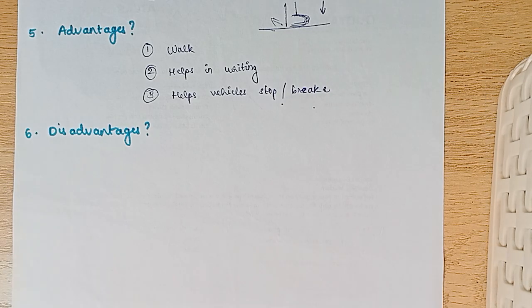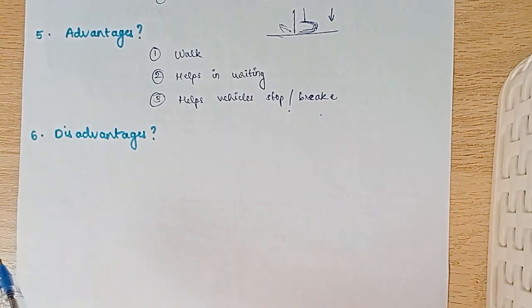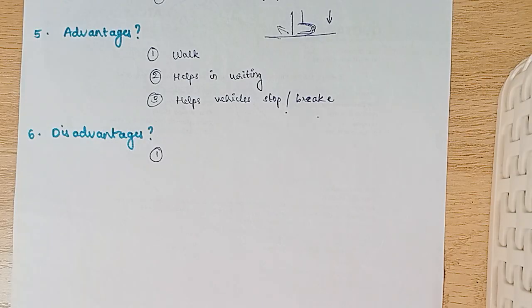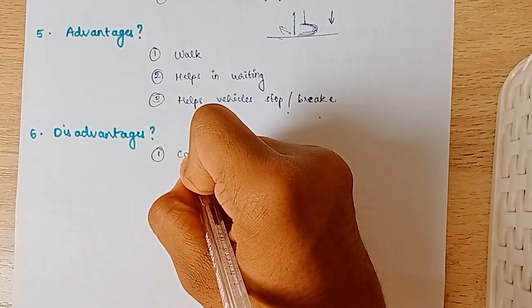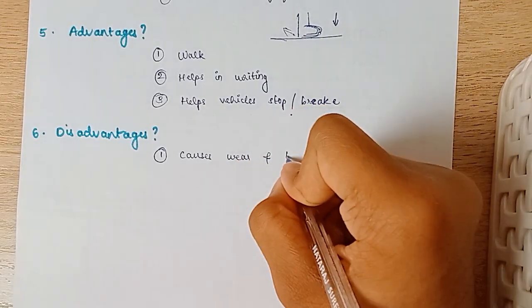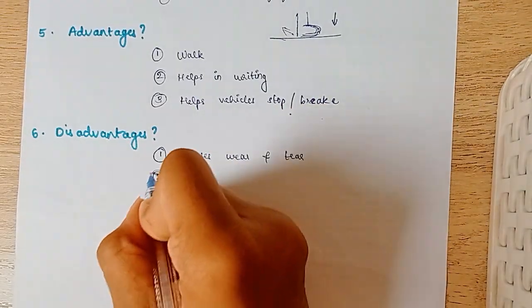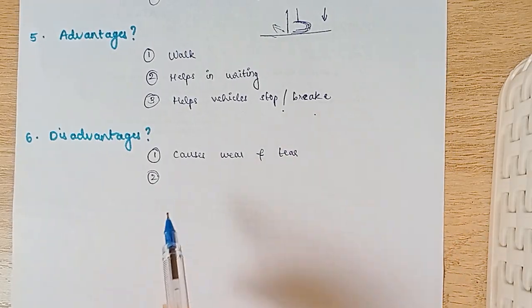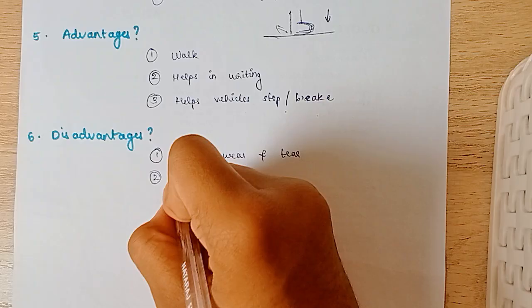Now, if there are advantages, shouldn't there be disadvantages? Of course. What are the disadvantages of friction? Friction causes objects to wear and tear. If there is a large amount of friction between two objects, there will be some wearing off or tearing of the objects. The second is it produces